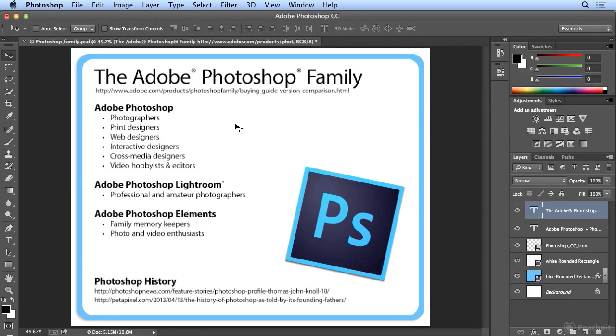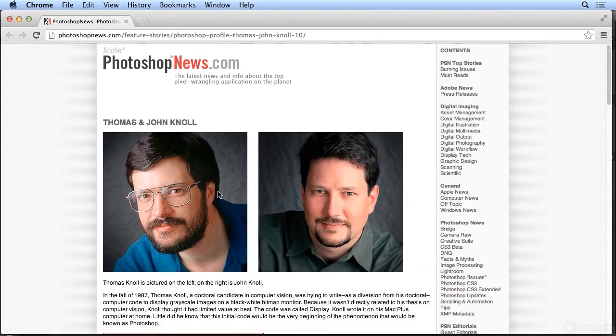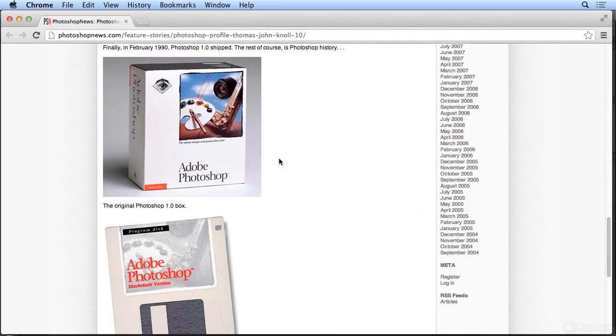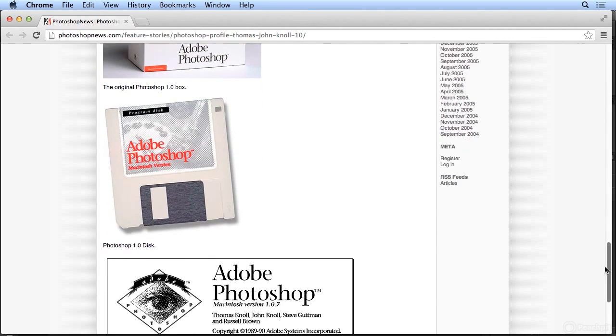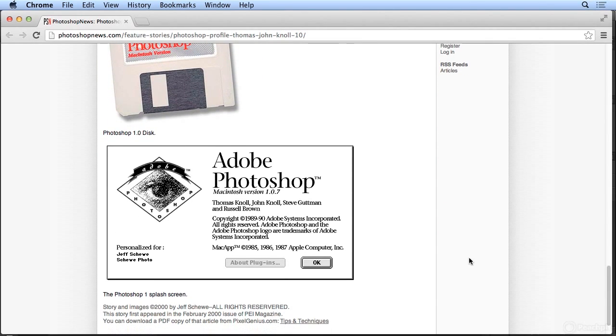If you're curious, I love history. I'm a history buff. I love fact-based fiction or historical fiction. But Photoshop's history is quite interesting, so I put two of my favorite links that give you a little bit of the history of how Photoshop was born. And I'll bring up one of those pages right now. So the creators were Thomas Knoll and John Knoll, and really Thomas Knoll was the catalyst starting Photoshop as a diversion for working on his doctorate, and he developed a way to display grayscale images on a black and white or bitmap monitor. If I scroll down, I love in this article, because I had this box, the 1.0 version of Adobe Photoshop, the 3.5-inch floppy disks, which I barely remember anymore, and the original splash screen, or the 1.0